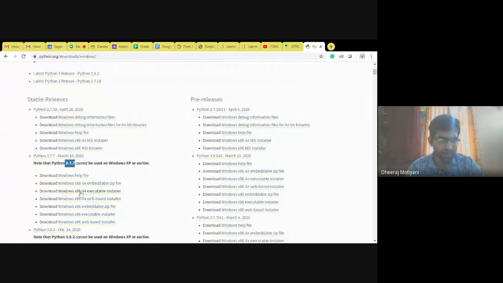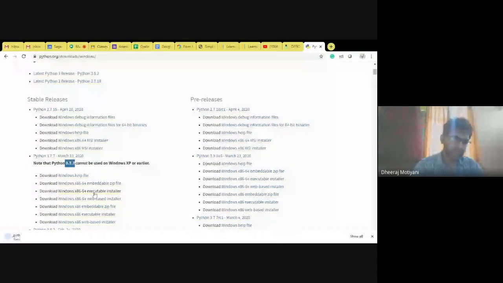This is an executable installer. You install this executable installer, and it will be installed in your system. You double click on that particular window. If I'm clicking on this, see how it is getting installed. You see this window. You can open in the folder as well.